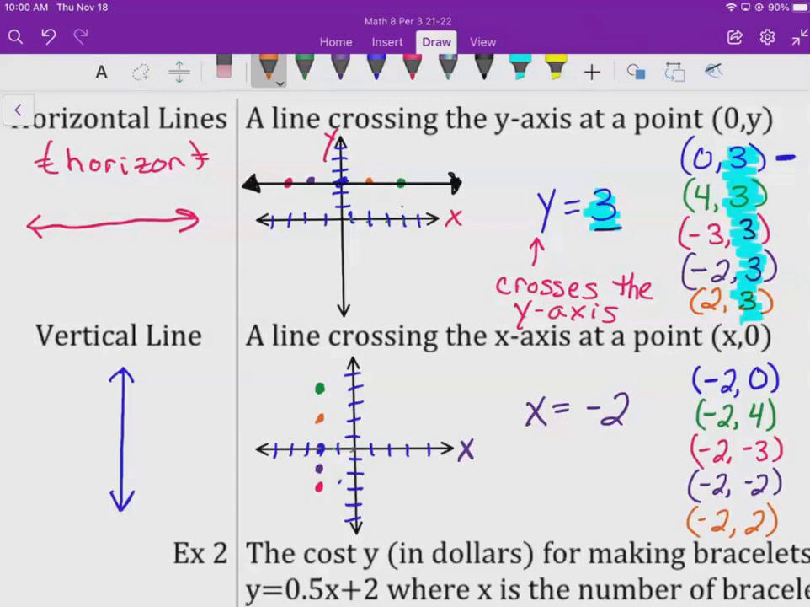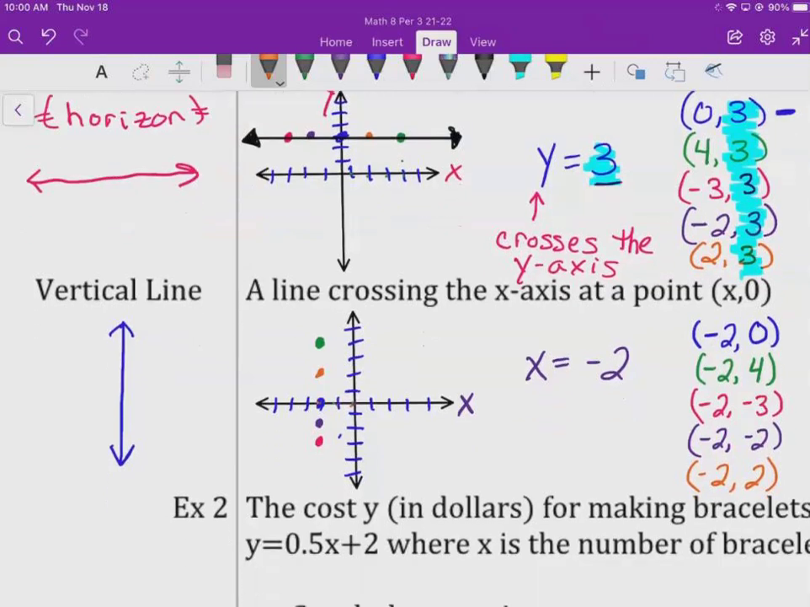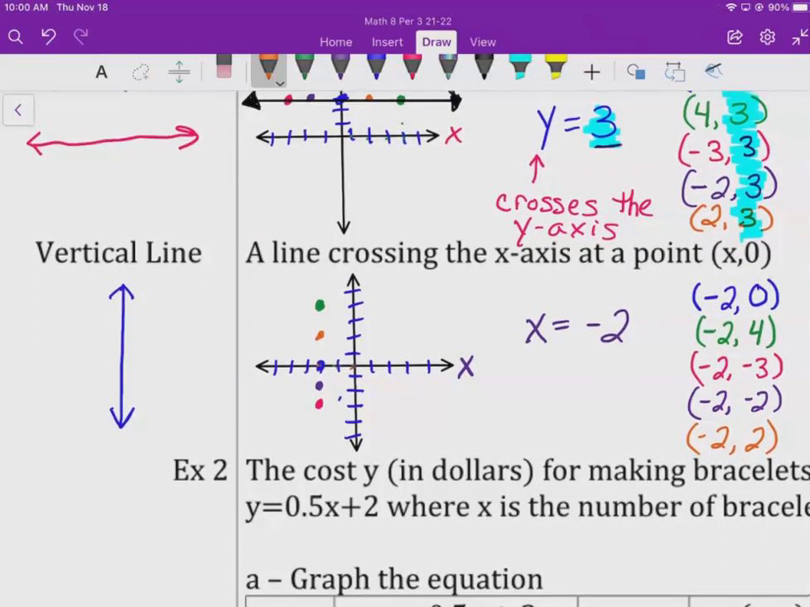So this time when you look at the dots, they're going up and down instead of left to right. So this is going to cross the x-axis at whatever number it is that it said to make all of the x coordinates. So in this case, it was -2. So here's my -2, and all of the x coordinates are -2. Okay, these get confusing. They go back and forth because